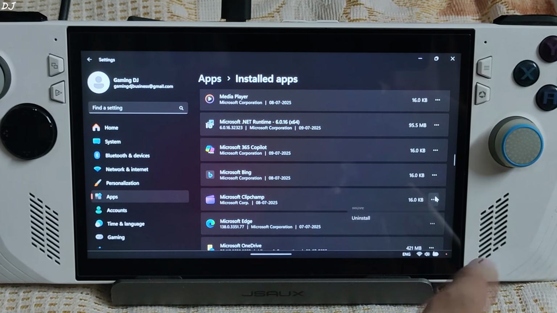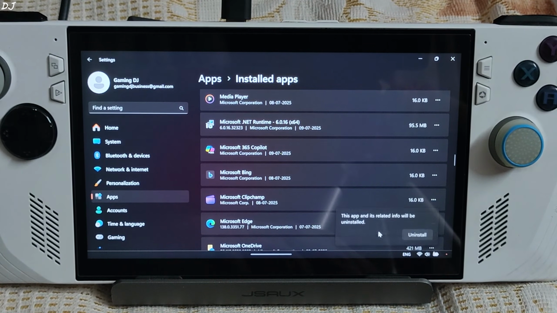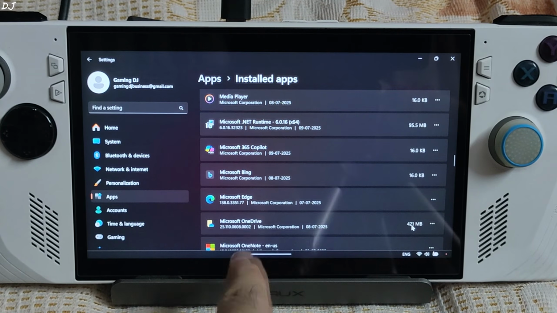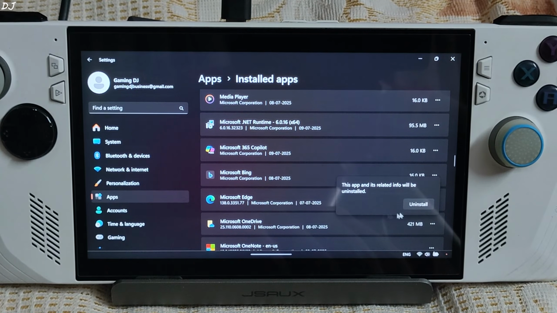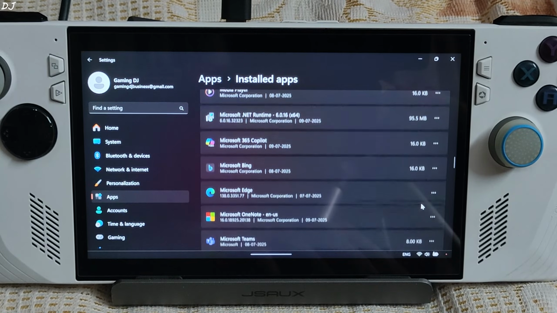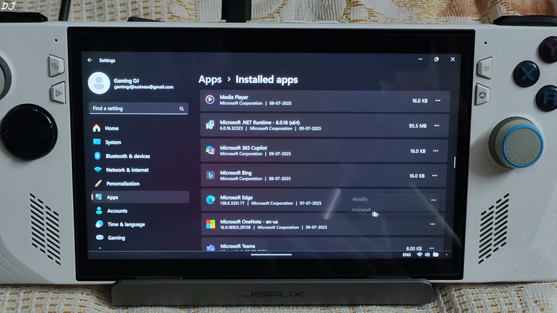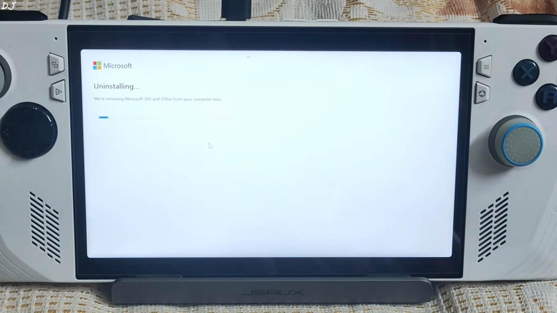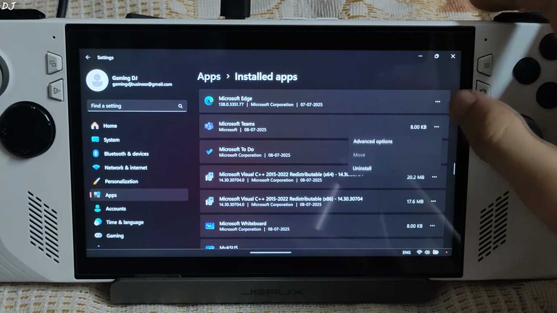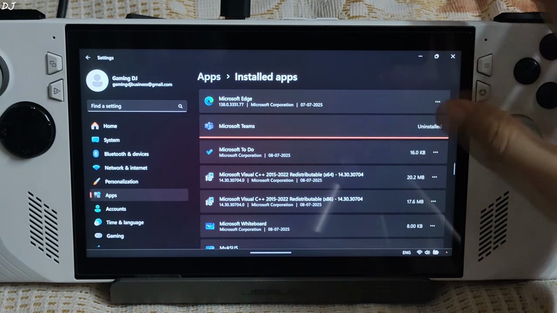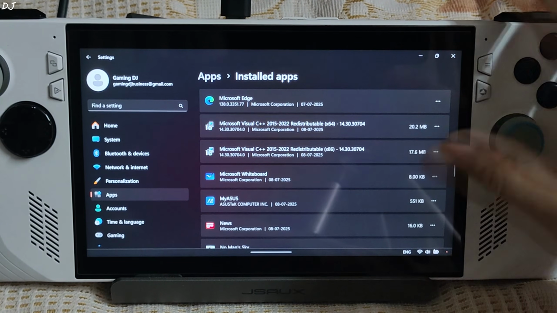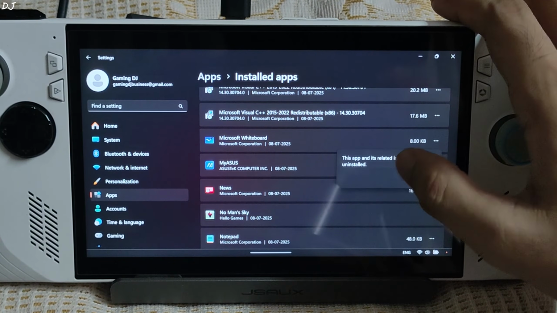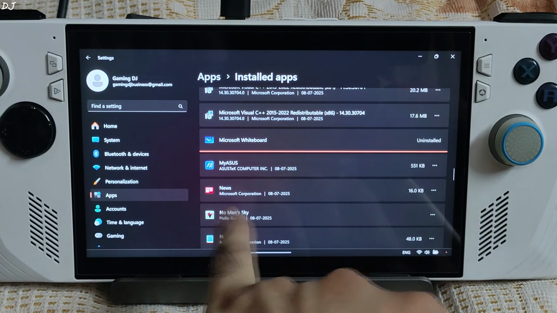Microsoft Clipchamp, no idea about this app. Uninstall. Microsoft OneDrive, again it's up to you, but I won't be using it. Uninstall. Gone. Microsoft OneNote, remove. Uninstall. It's gone. Microsoft Teams, remove. Microsoft To Do, uninstall. Microsoft Whiteboard, I don't want it. Uninstall. Microsoft News,